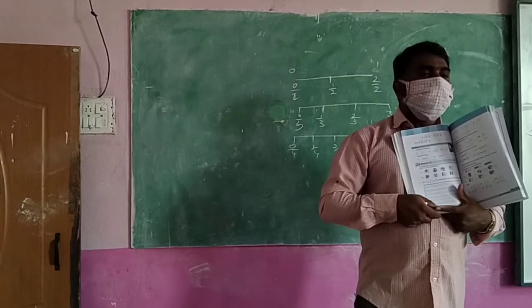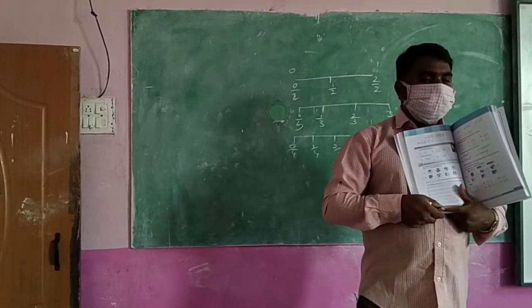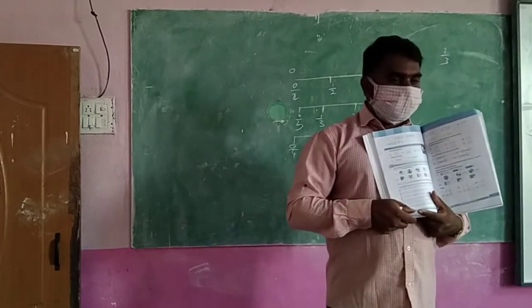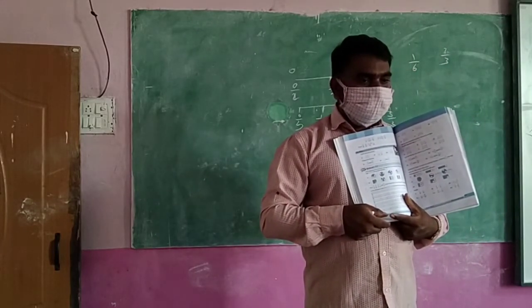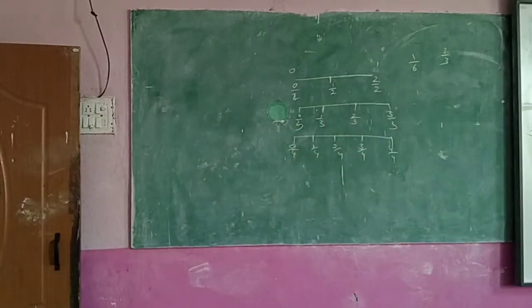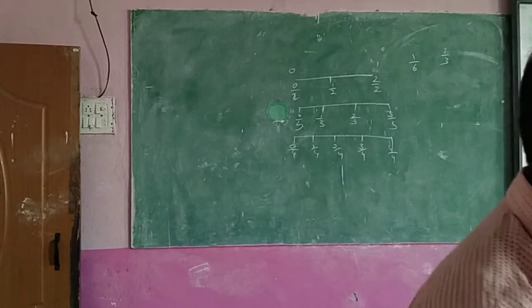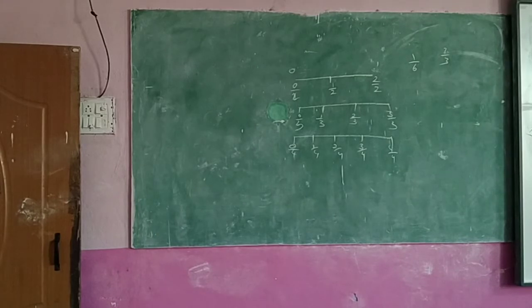After 0 by 6 it will come. Keep one finger there, and 1 by 3. Exactly there. That is 1 by 6, where the line is. No, this line. 0 by 6, 1 by 6, 2 by 6, like that you will write. Don't you know? This is 1 by 6. One more number, 1 by 3. Where is 1 by 3? That is 1 by 3, and that is all by 6 will come.